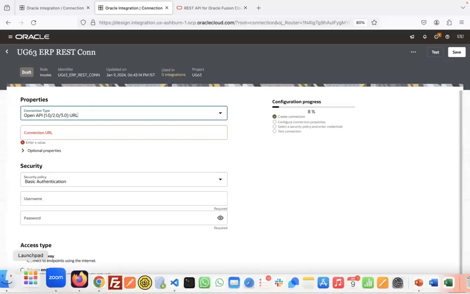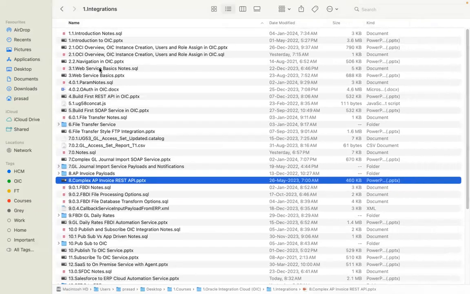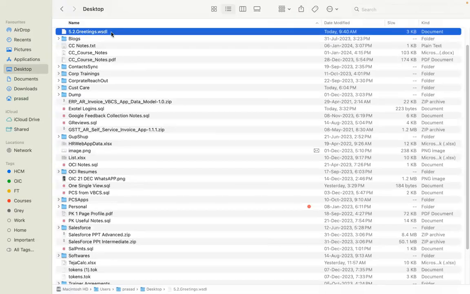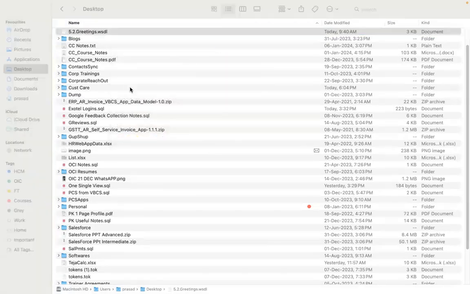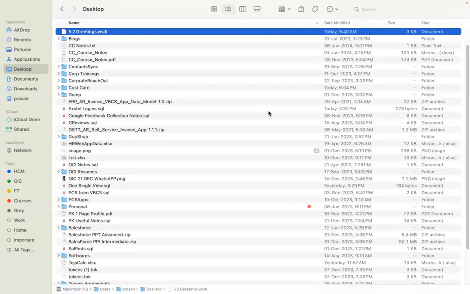Remember, guys, when we did the Hello World SOAP service, what did we use as a starting point in the trigger connection? We used the abstract WSDL file. Anyone still remembers that, guys? We used this abstract WSDL file in that Hello World SOAP service. And what is this abstract WSDL file? It's basically a specification for a SOAP web service. Similar to how you can create a specification for a SOAP web service first and then build the integration to implement the logic, in an exactly similar fashion,